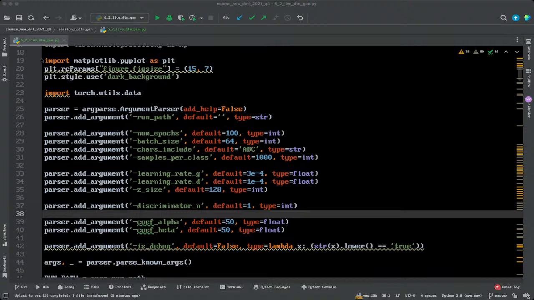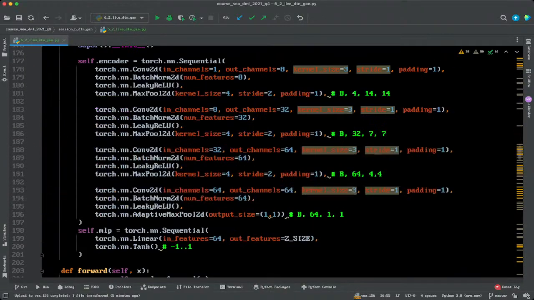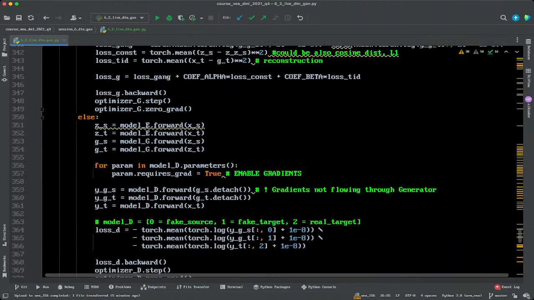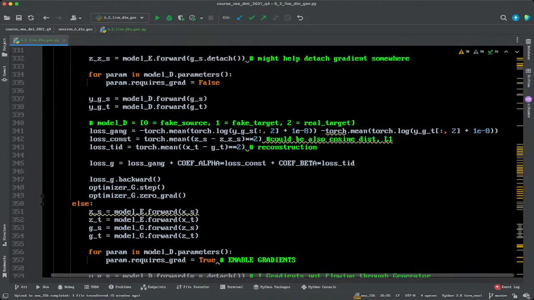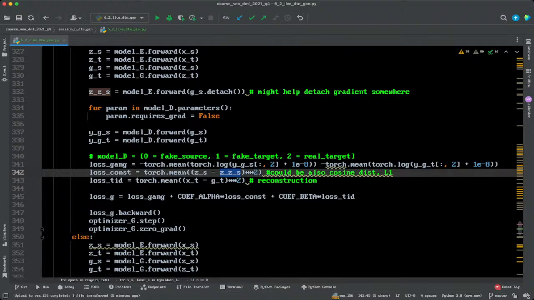There are also a few additional things which I would add. Maybe the original researchers were also doing this. So here, where is the generator loss? So yeah, this is the difference between the source, Z,